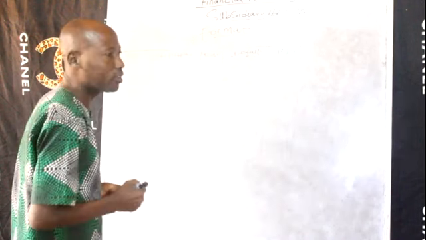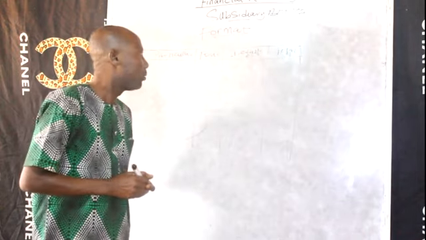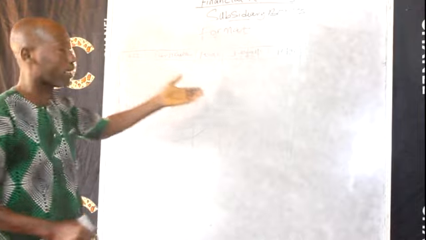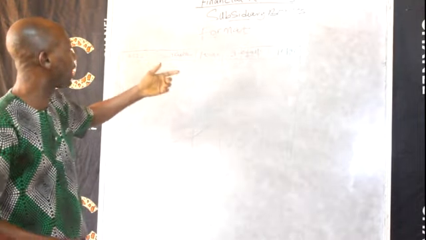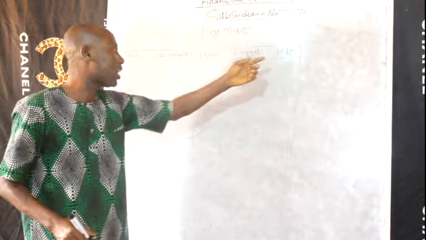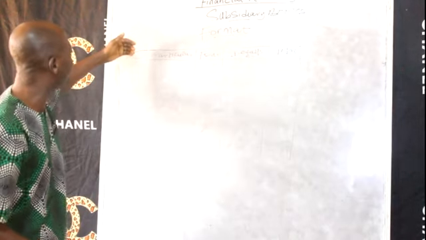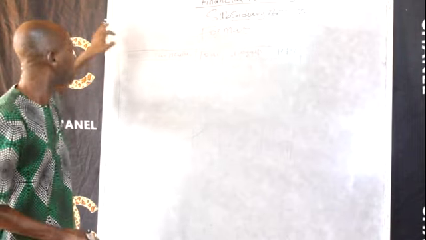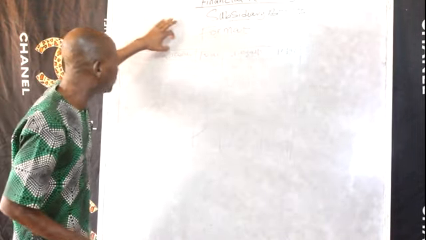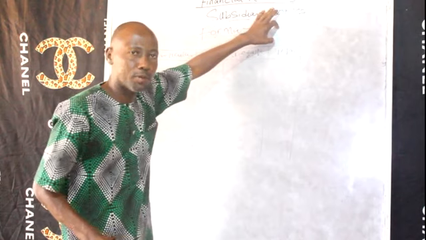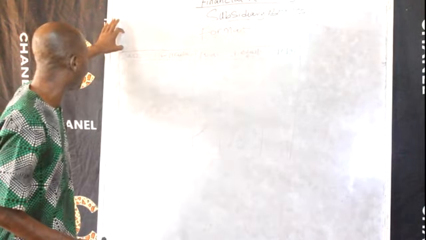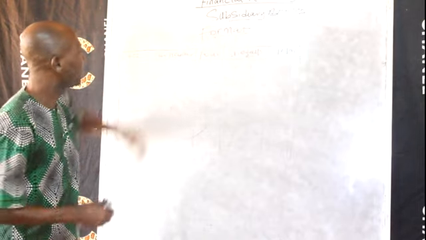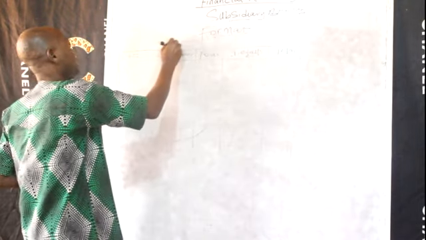I did not put the title in order not to confuse my students, because I told you the four of them are the same. They use this format: date, particular, folio, details, and total. That is, if you are to open the sales journal or sales day book, you write the title sales journal or sales day book here as the headline. That is sales